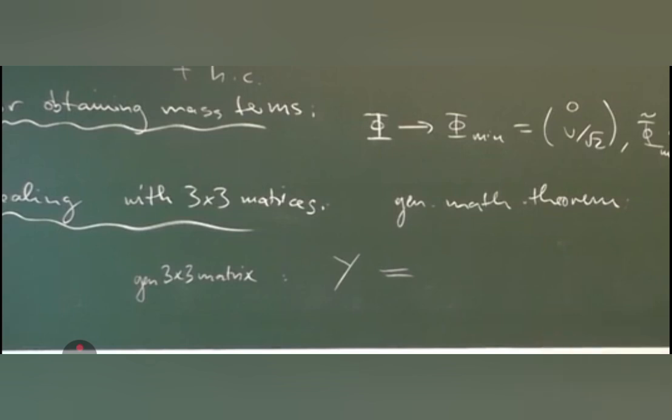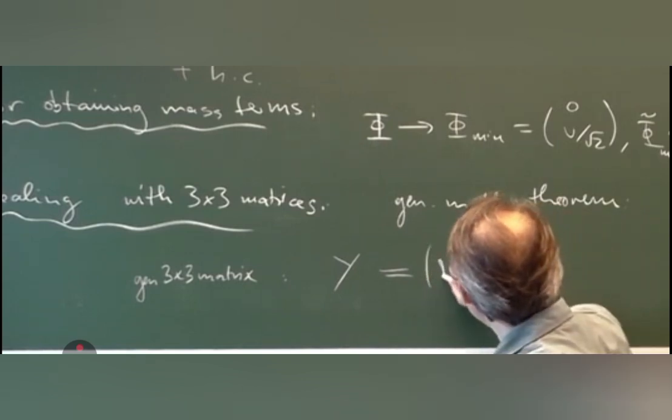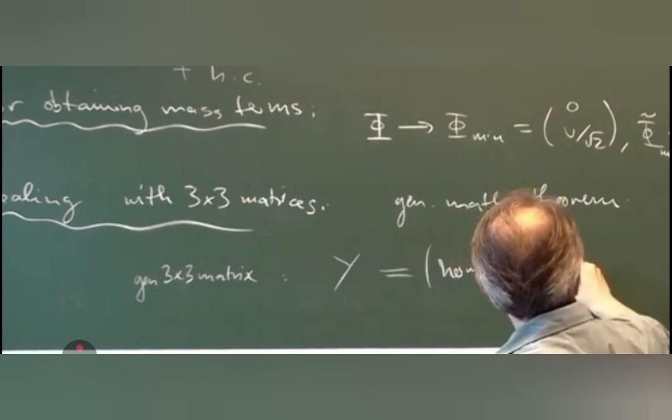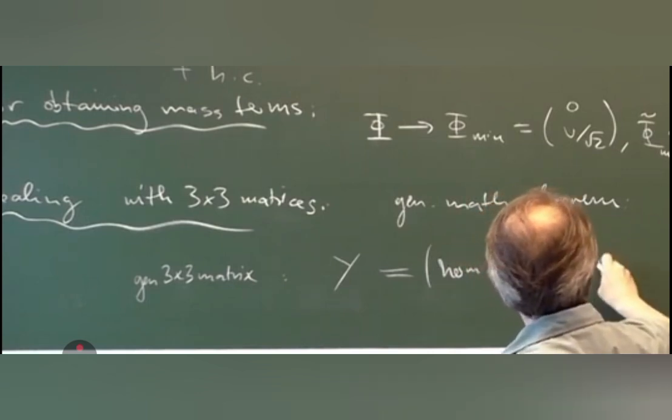Similarly, any matrix can be written as a Hermitian matrix times a unitary matrix, because a unitary matrix generalizes a phase, a Hermitian matrix generalizes the magnitude. And so it can be written as a Hermitian matrix times a unitary